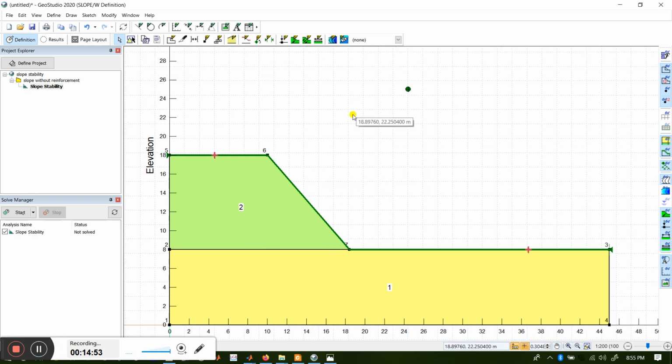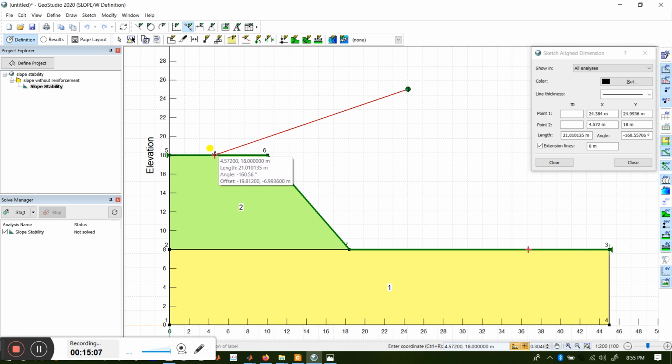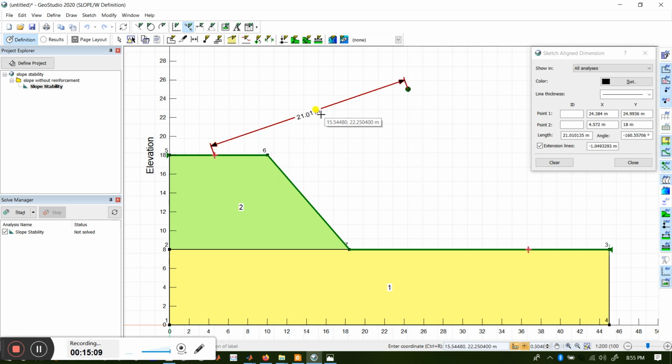Okay, to make it look good, what you can do more is show the distance between these 2 points. I'll choose sketch alignment direction and manually click on these 2 points. This is 21.01, almost 21, or you can modify it from here.